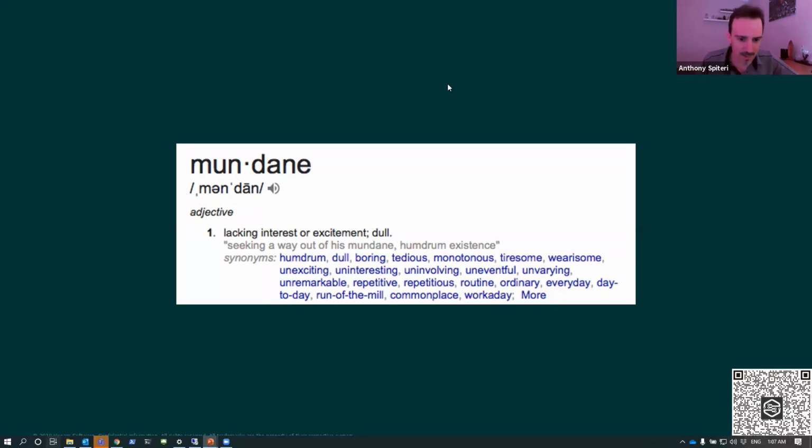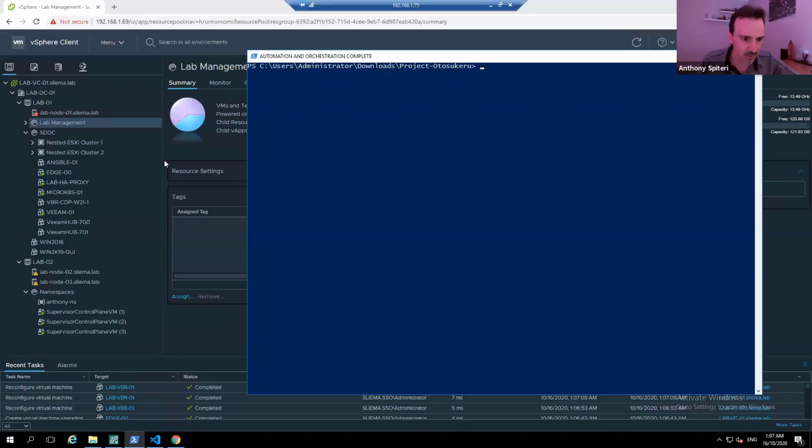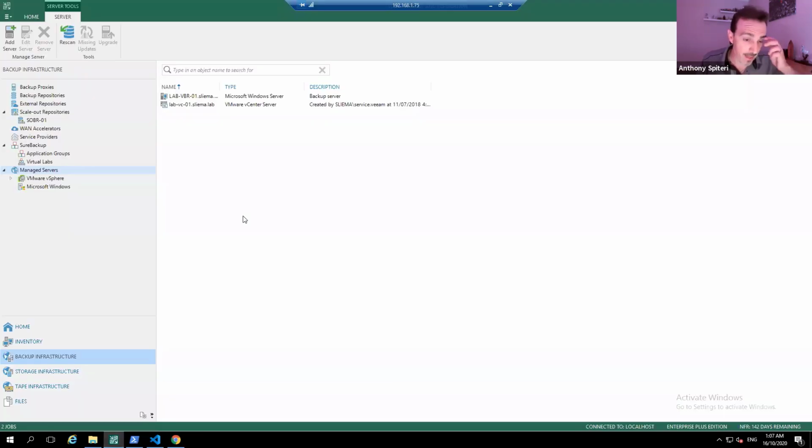And when I talk about mundane, let's have a look and see what I mean by that. What I am going to show you, what I made not mundane and exciting and dynamic with Terraform, was a basic Veeam component deployment. Veeam has a couple of different infrastructure components. We have managed servers, which are basically Windows and Linux VMs, and then those servers are assigned roles: backup proxies, which are data movers, they could be repositories, and whatnot, right?